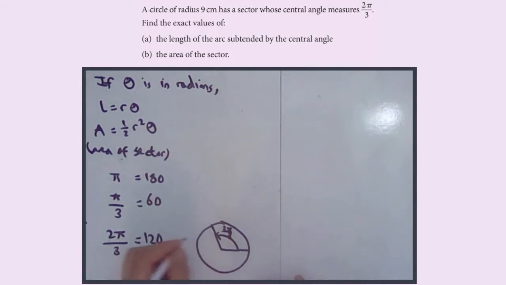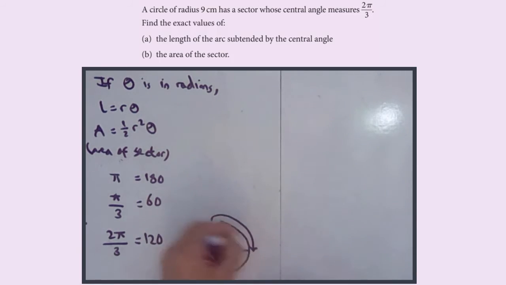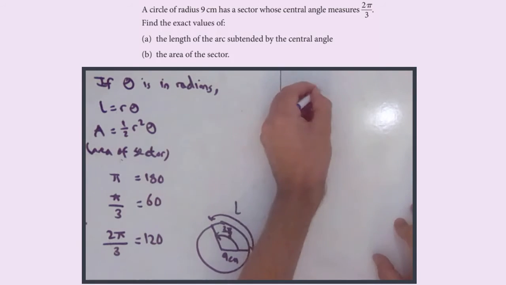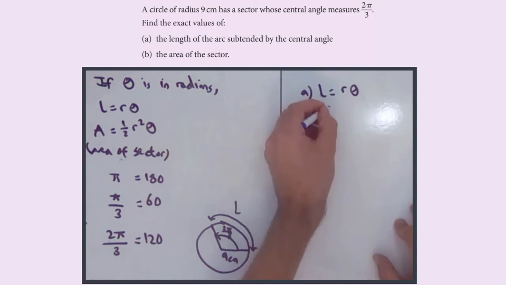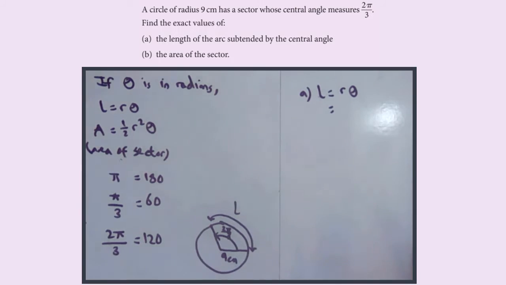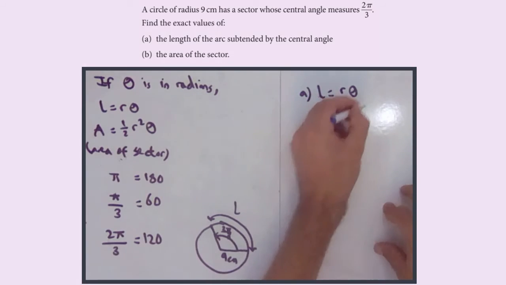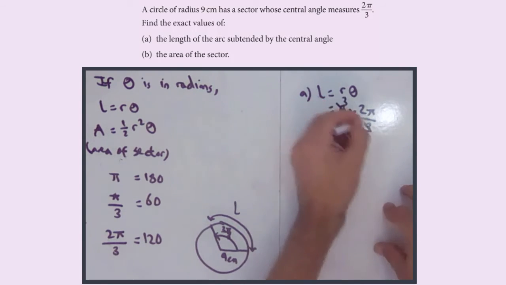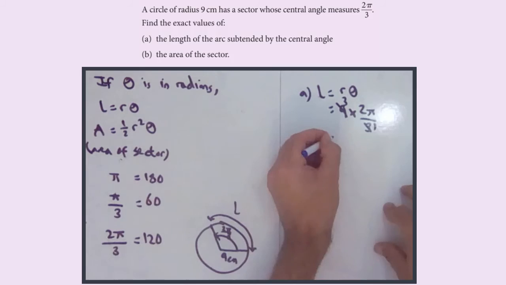We have a radius of 9 centimeters, and we have been asked for the length, L, which we don't know, and we need the area of the sector. So part A, L equals r theta, and we've been asked for this in exact form, so no calculator at all. r is 9, theta is 2 pi by 3. 9 times 2 pi by 3, well, 9 over 3 is 3 over 1. 3 times 2 is 6, so it is 6 pi